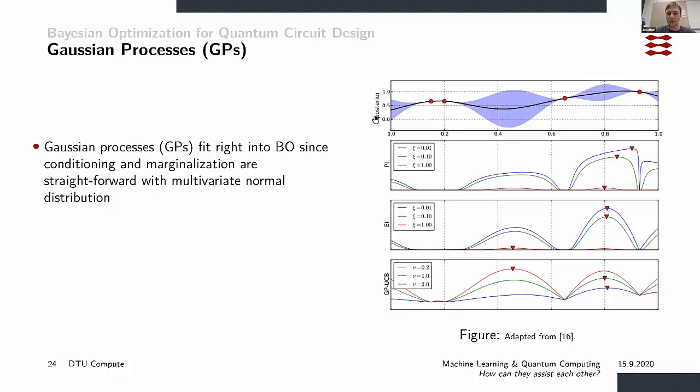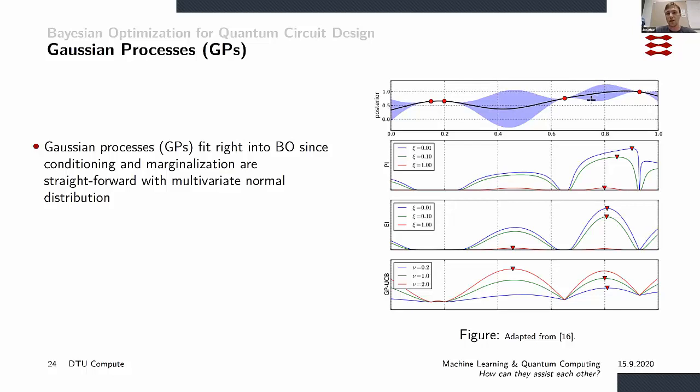The idea is, again, that you can look up here onto the top right corner, that we have a search space. In this case, it goes from 0 to 1. And for now, we have asked the function, or the f that you saw before, about a point right here, here, here, and here. So the Gaussian process tells me that at the points that you've sampled, the uncertainty is very low. But at the points where you have not sampled, the uncertainty is very high. And you might find an optimum in this region, but you might also find an optimum in this region.